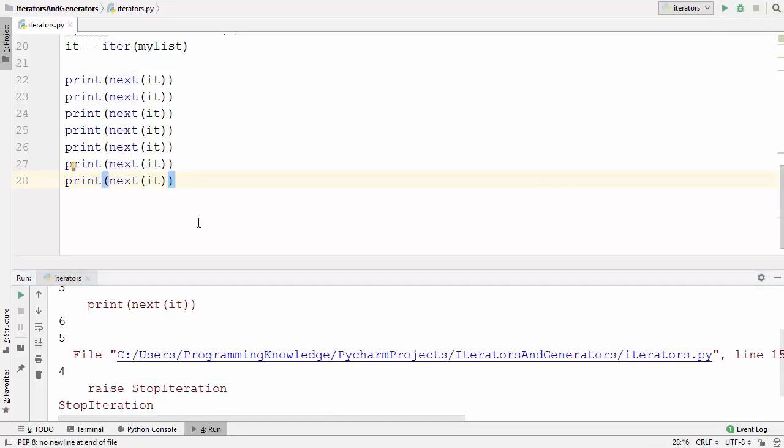Now one more thing which I said you can use with your iterators is the for loop.